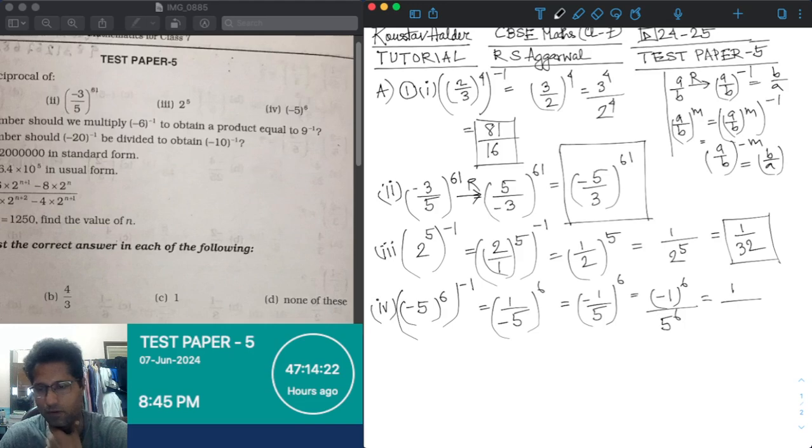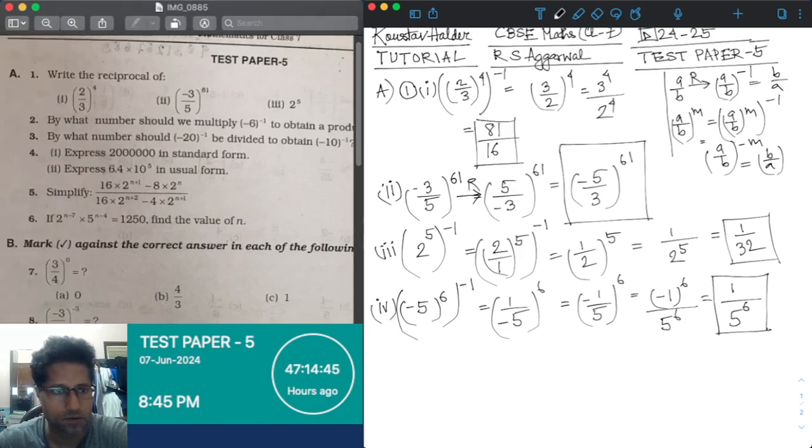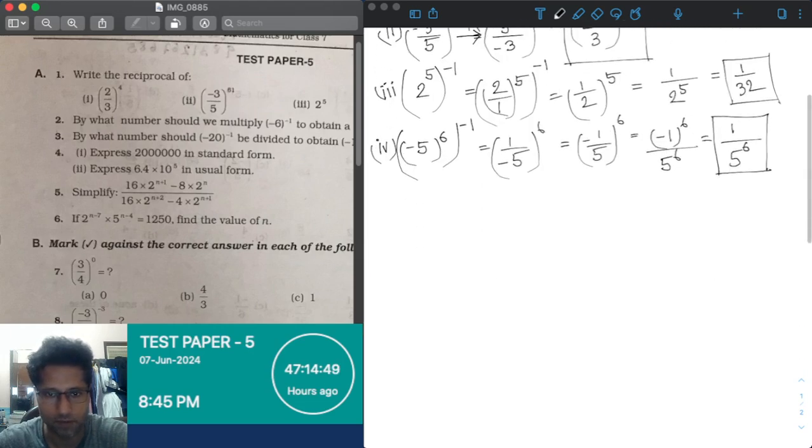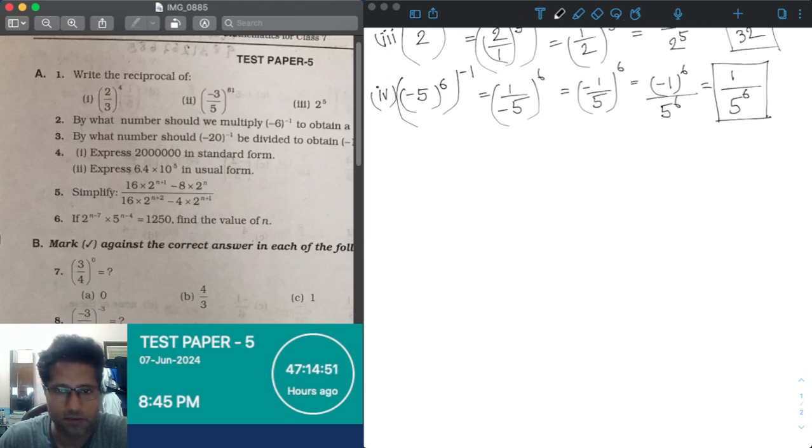How much is 5 to the power 6? It will be a big number. 125 is 5 cube. So it is 125 into 125. Anyway, I am leaving it like this, 1 by 5 to the power 6. So this is the answer. Okay. So that was question 1. Section A, question 1. Question 2 is